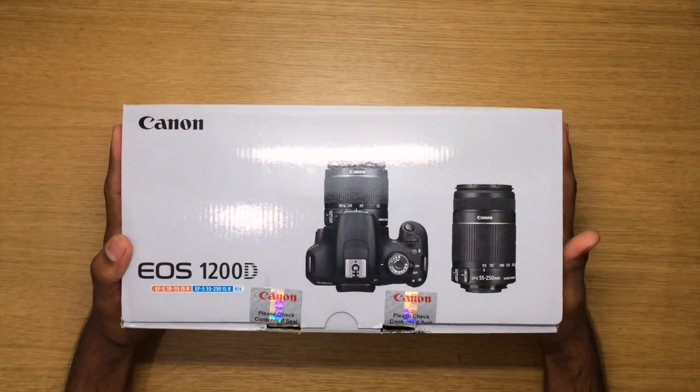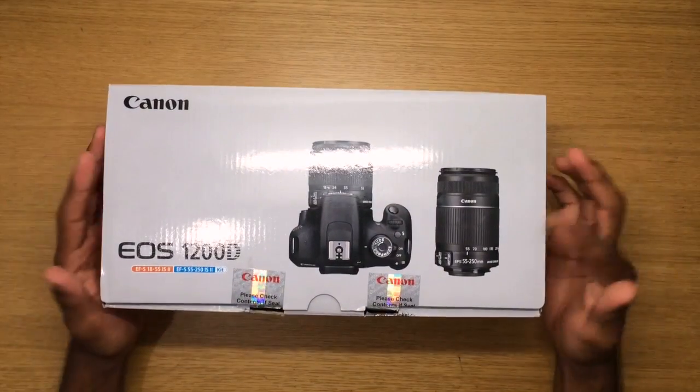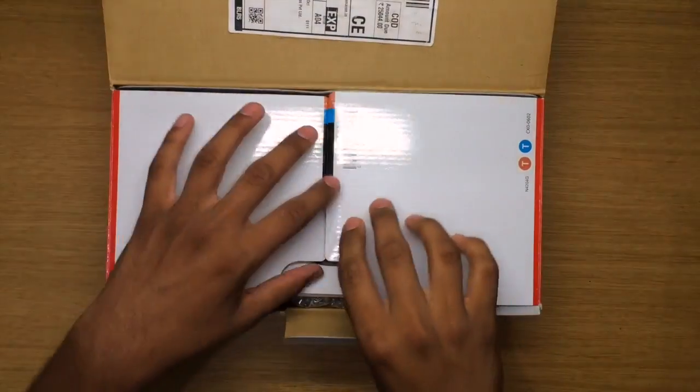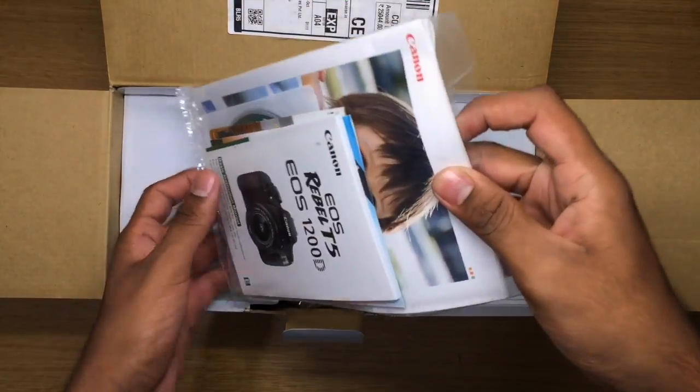Now this one is a fairly big box because it has two lenses in it, and of course the camera body. So without further ado, let us go with the unboxing of the camera. So as you just unbox it, what you get in the camera is a fairly nice